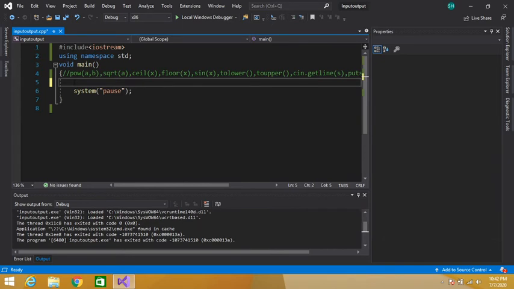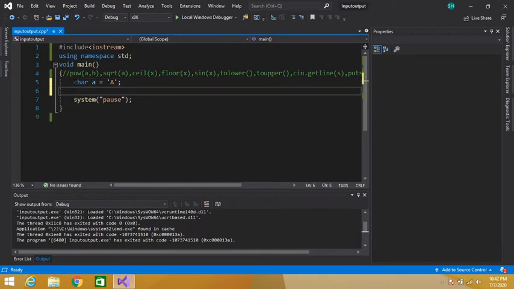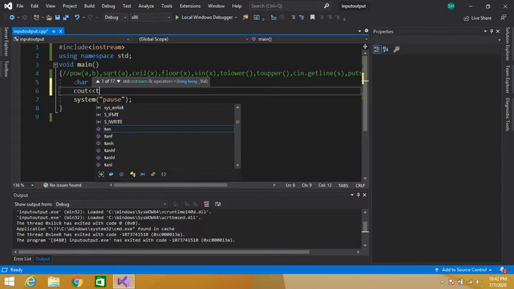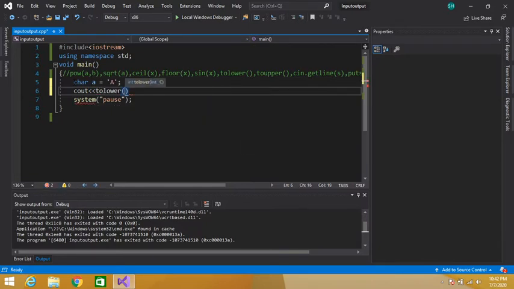So let's declare a character. Let's say it contains capital A, and we have to convert it into lowercase. So cout tolower, and we will pass our character variable here.